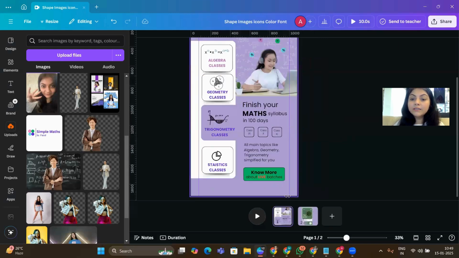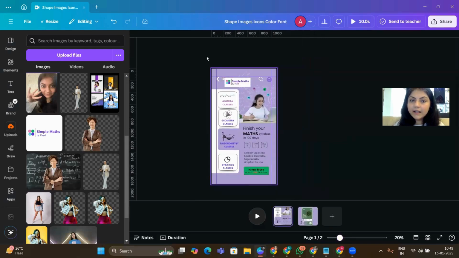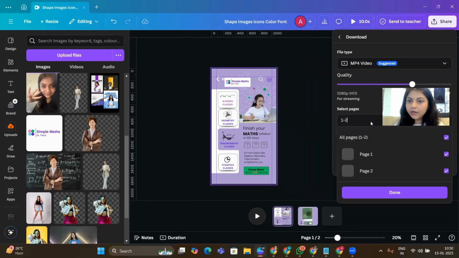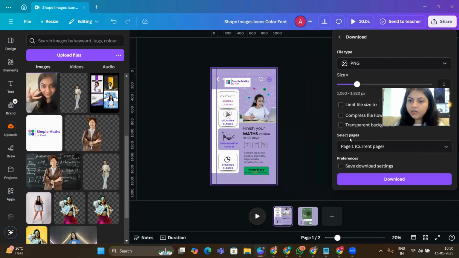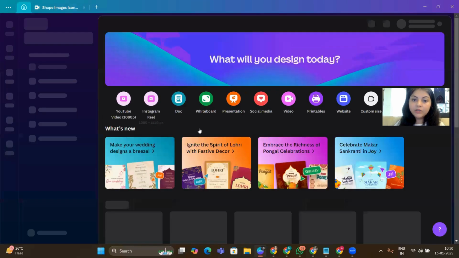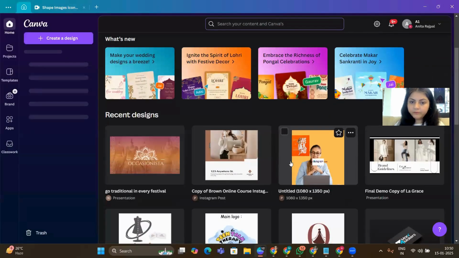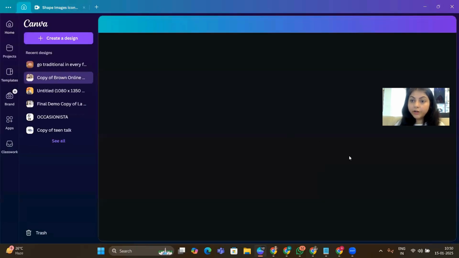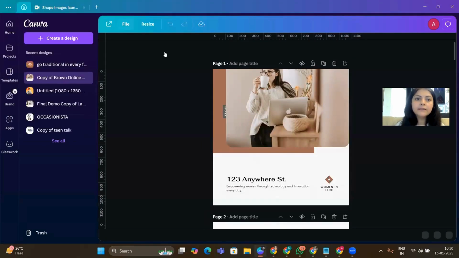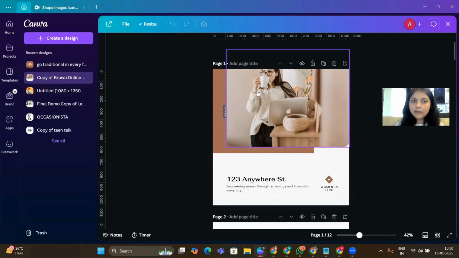What we have to do is, because this is the screen that we have created, that is 1080 into 1920. We'll download the first screen, just the first screen, done. Download PNG. And while it's getting downloaded, I need to create another 1080 by 1080 or better, I'll choose one that is already created. That's our project only. So this is 1080 by 1080. We have already downloaded this. We'll open this, and